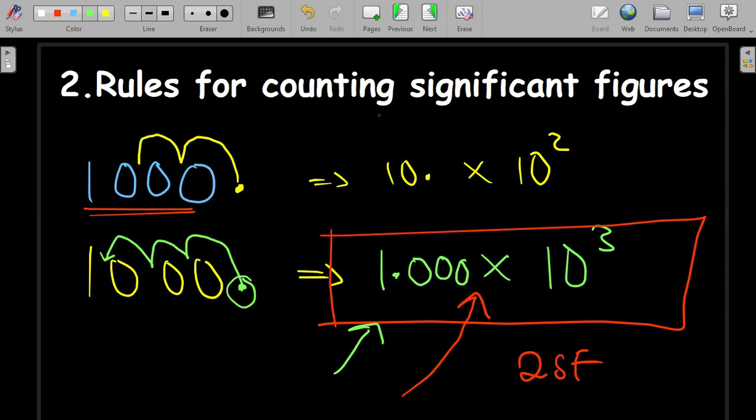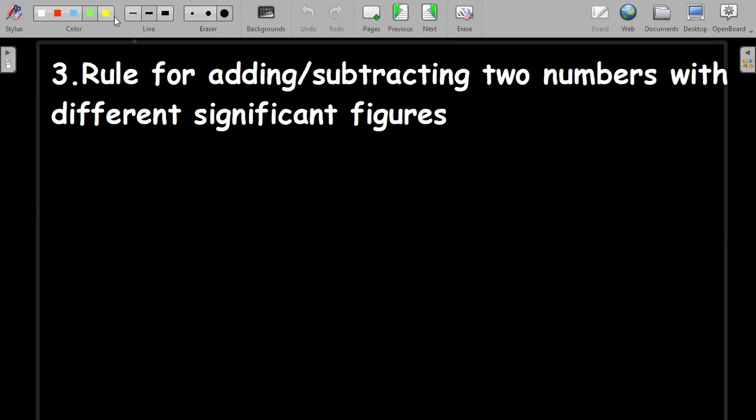Okay. Right. So now let's go to this rule here that says the rule for adding or subtracting two numbers that have different significant figures. So how do we add those numbers? We have rules. Whenever you have addition or subtracting, you use a certain rule. And whenever you are multiplying or dividing, you use a certain rule. So you're going to see these questions in your tutorial sheet 1 or assignment 1. So let's say, for example, I have these two numbers here. So 2.2 and then I'm saying plus,